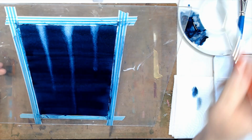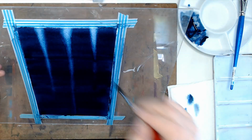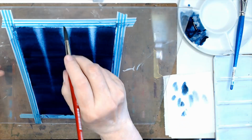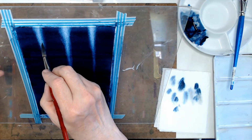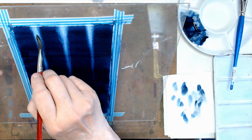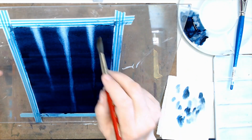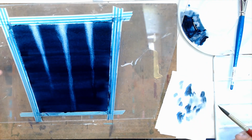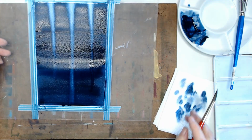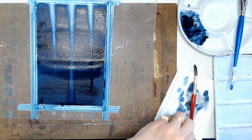So what I have to do is keep cleaning my brush, and I can just run it through the stripe, but I have to make sure I keep wiping it on the paper towel to take off the excess paint, because as I lift the color, I am lifting paint, and if I don't remove it on the paper towel, well, then it's just going to keep spreading it and I won't get the desired effect. I keep my board angled throughout the process, so as I'm adding water, it just keeps running down and fading. And if it goes right to the bottom of the page, just grab a tissue and just wipe it